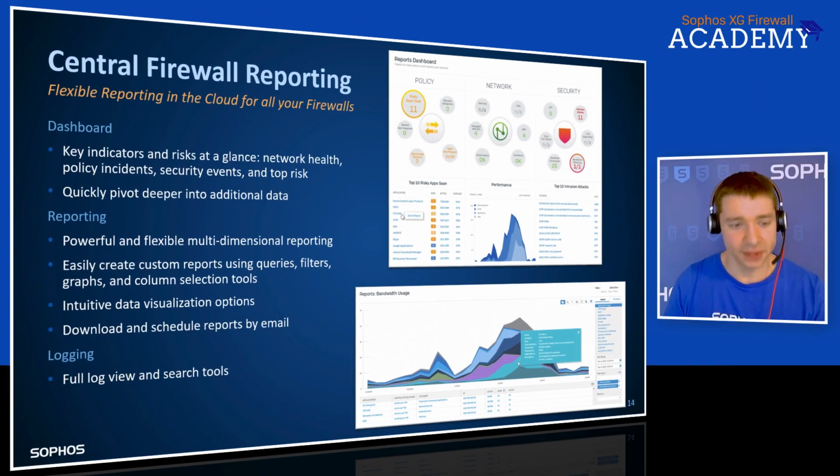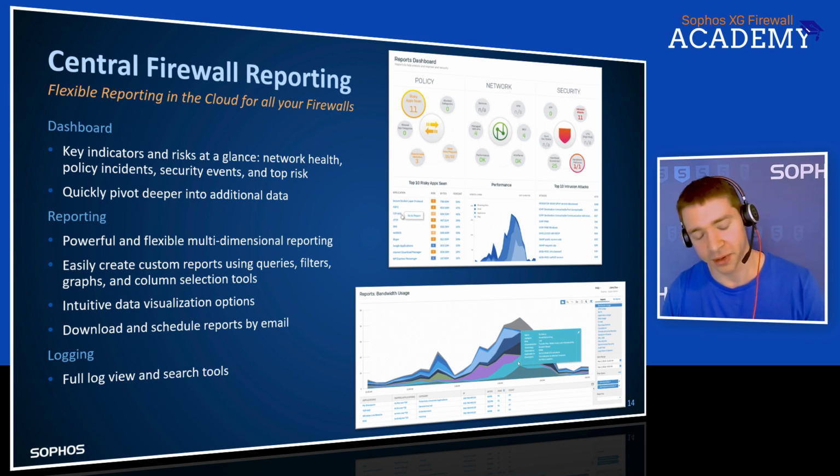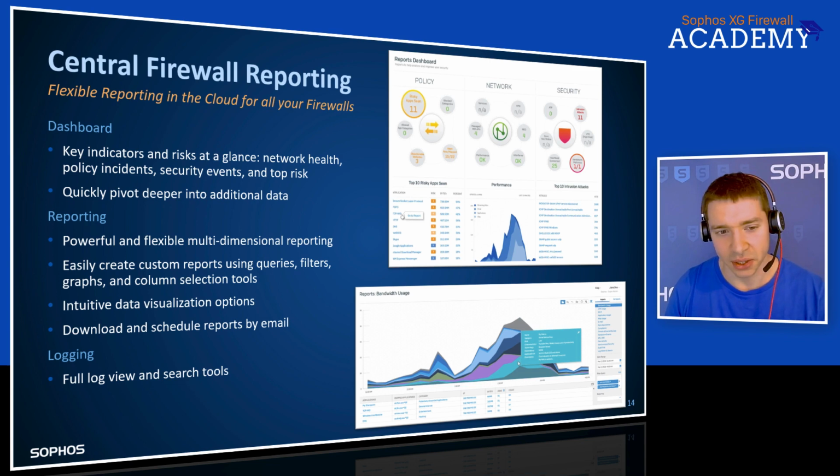Because you can actually query multiple firewalls at the same time with the same query. For example, you want to dig deeper into a security breach, but you don't know actually on which firewall this occurs. So you can query all your firewalls at the same time and check if the actual attacker was on each firewall or only on one firewall and so on. There are different use cases, so let's get started with a short live demo of what's actually happening in Central Firewall